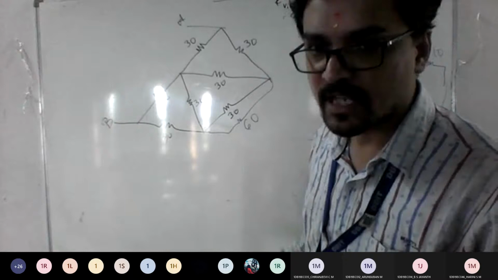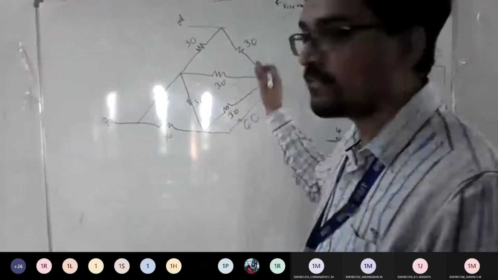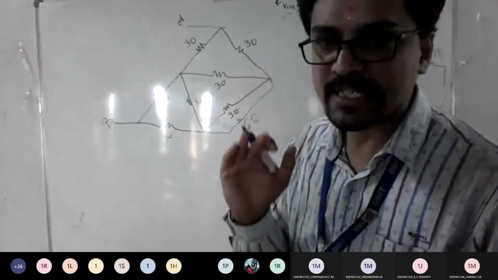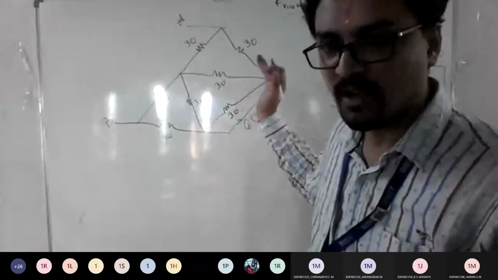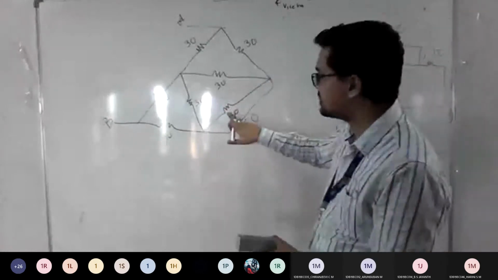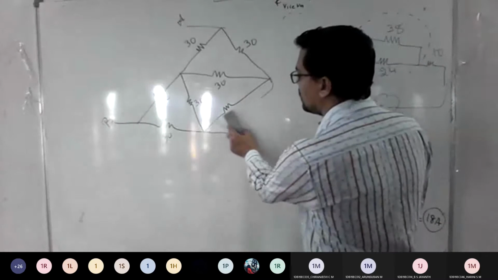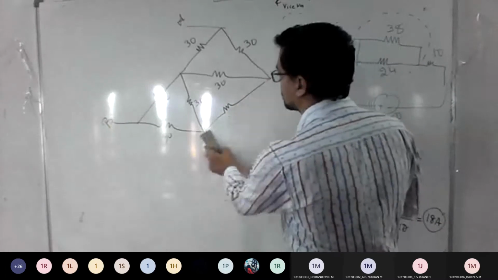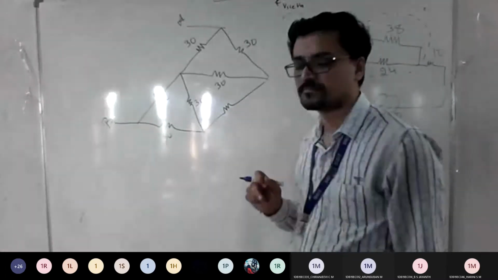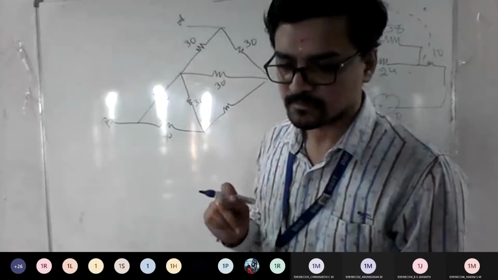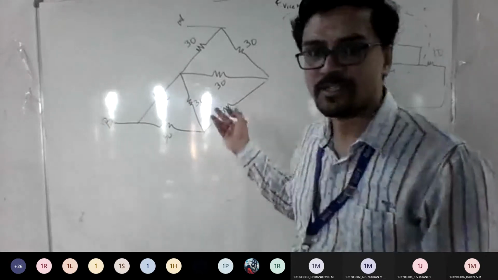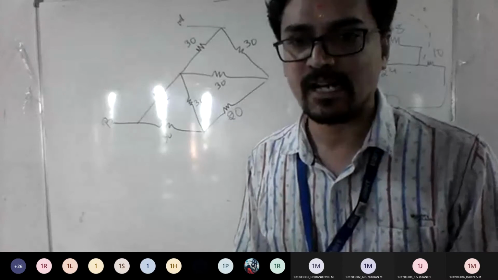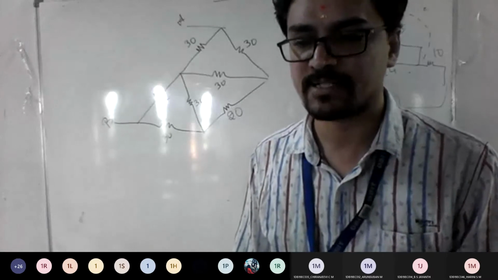Yes, sir. See, I told you before applying your conversion, try to check whether any series-parallel combination of resistors can be done manually as it is. Without applying the conversion, you can try it. So again, this 60 and 30 become parallel, so I can reduce it. What is the value of this? 20 ohms, sir. 20 ohms. So from here onwards, you can apply your delta to star conversion and get the answer.